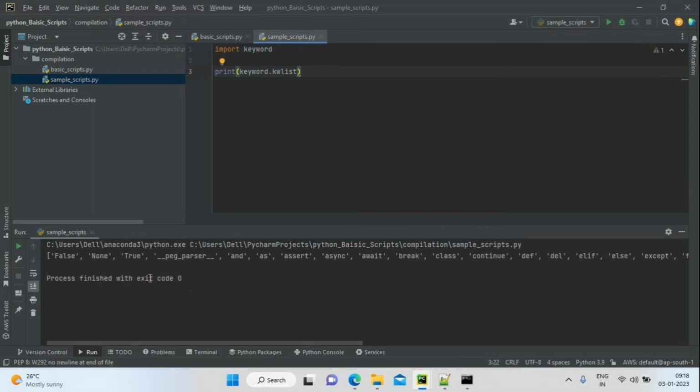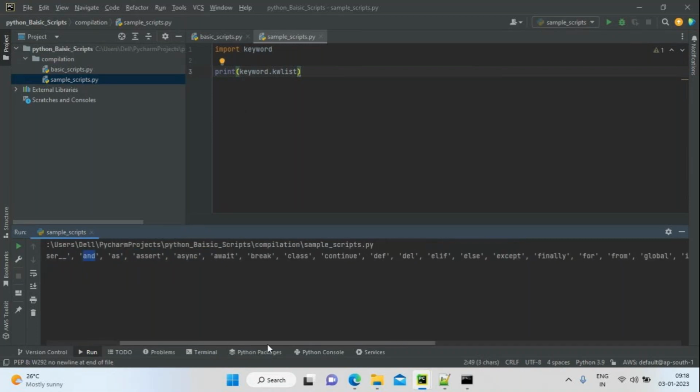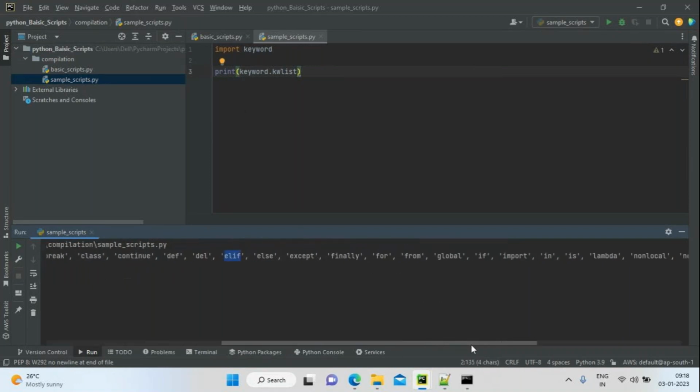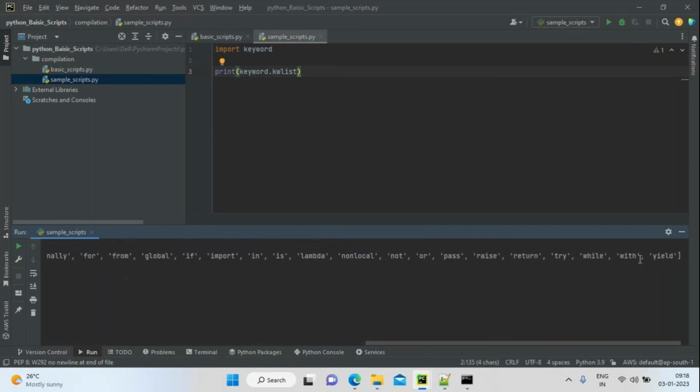It will show all the Python keywords: False, None, True, peg parser, and, as, assert, async, await, break, class, continue, def. Def means define, del, elif means else if, else, except, finally, for, from, global, if, import, lambda. These are the Python keywords.